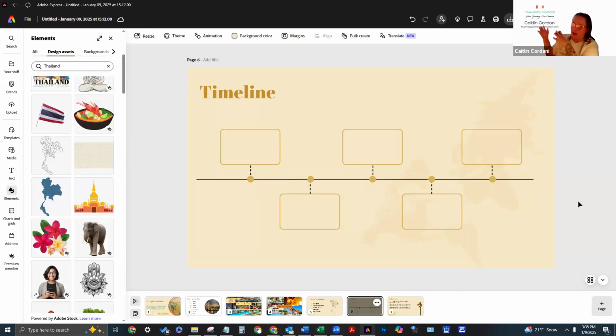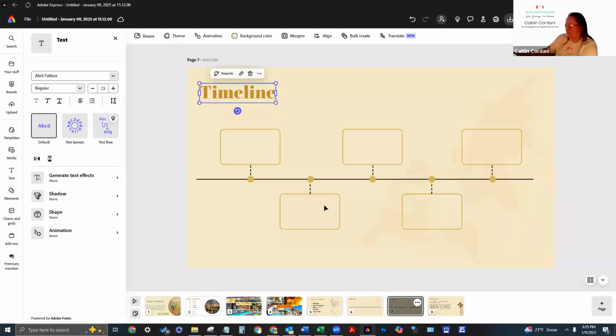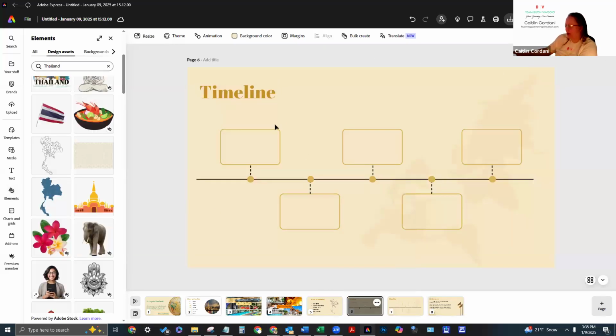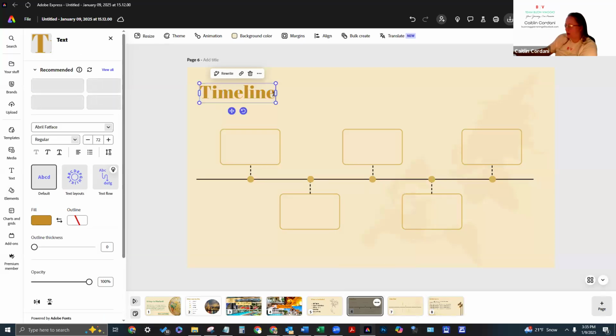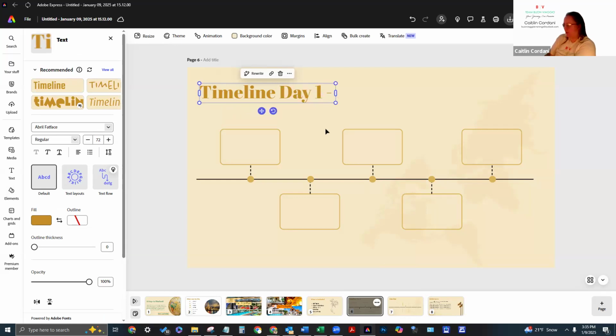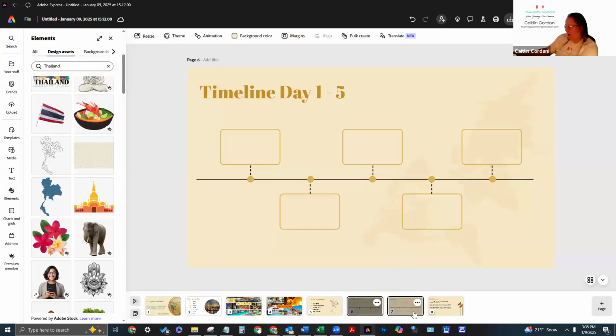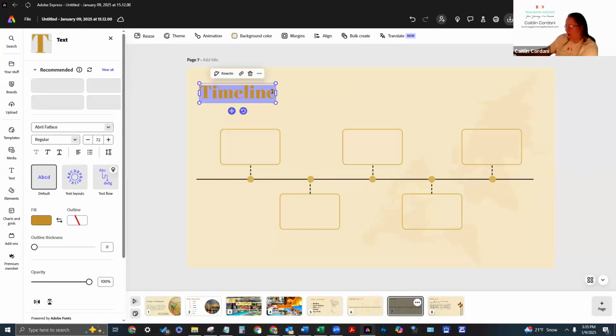We have an 11-day flight that's overnight into the 12th day, so it's not even on the itinerary. So I'm going to duplicate this page, and now I have 2. Timeline day 1 through 5, and then timeline